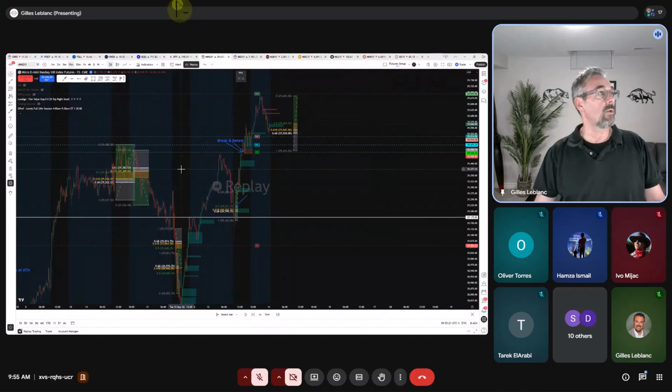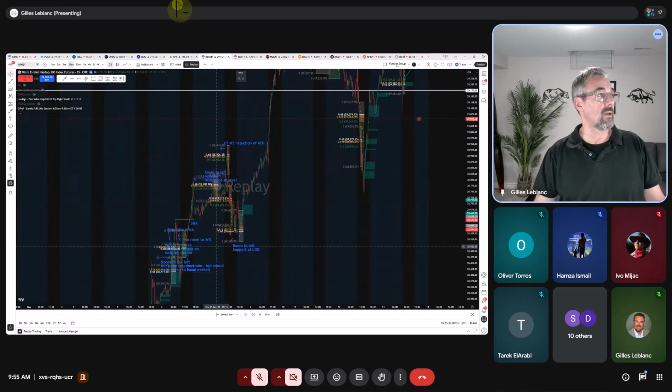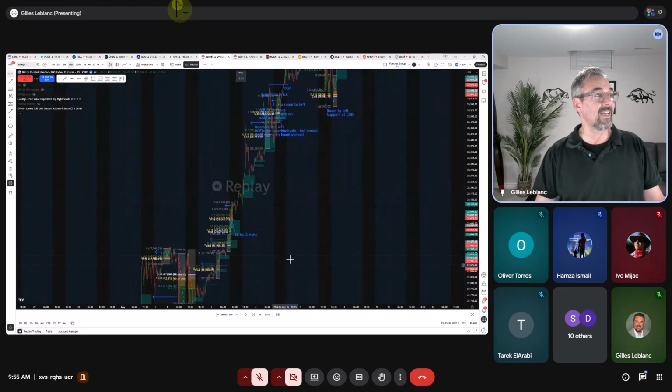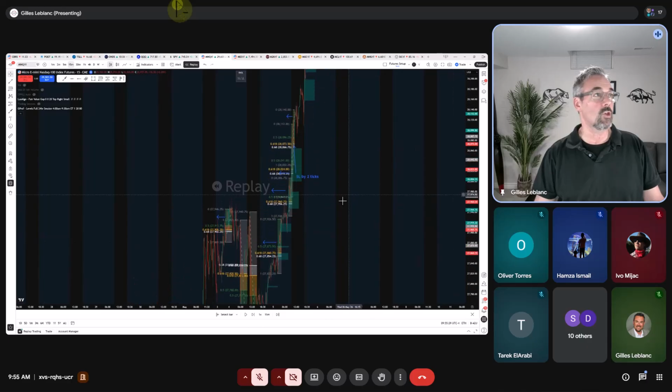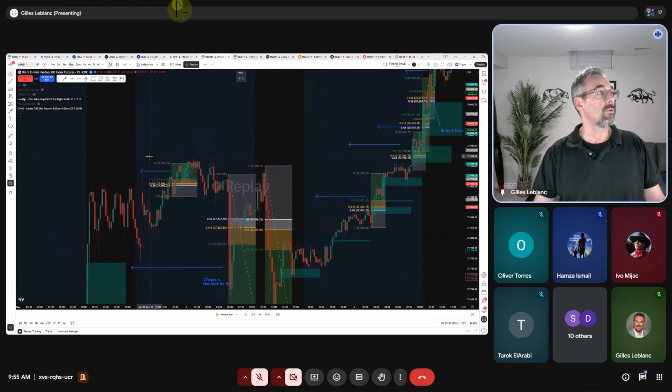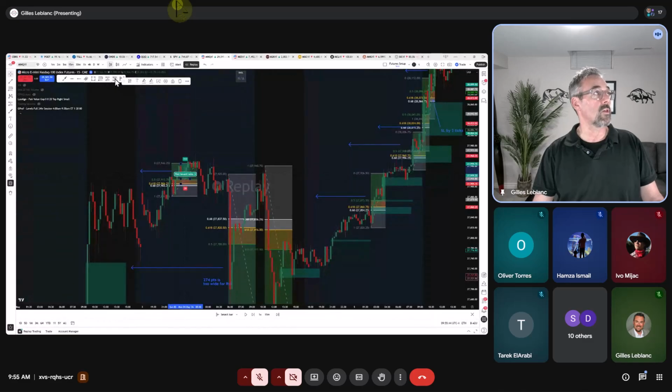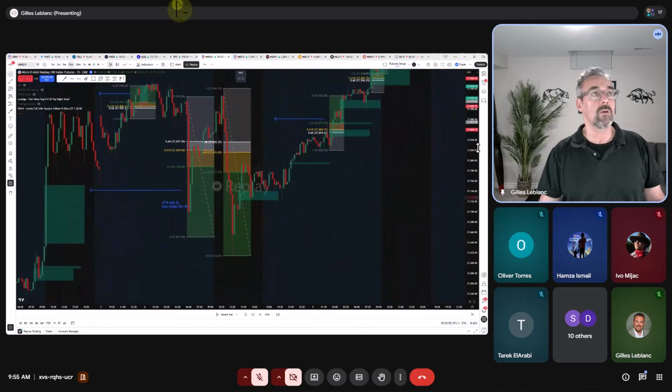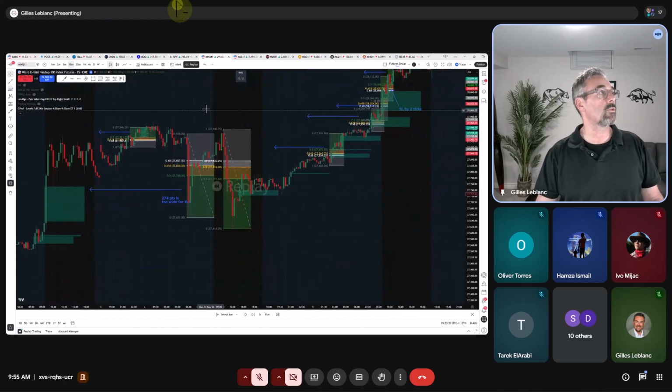What I like to do when I'm replaying here, these are replays that I did for teaching a strategy. I like to draw on it, right? So I'll draw an arrow. This is a tool that I use, my fib tool. And then I'll put in the long or short position. Then I take a screenshot of it, right? And I document. So for Sunday going into Monday, May 4th, this was that day's trade. And I'll take a screenshot of this.